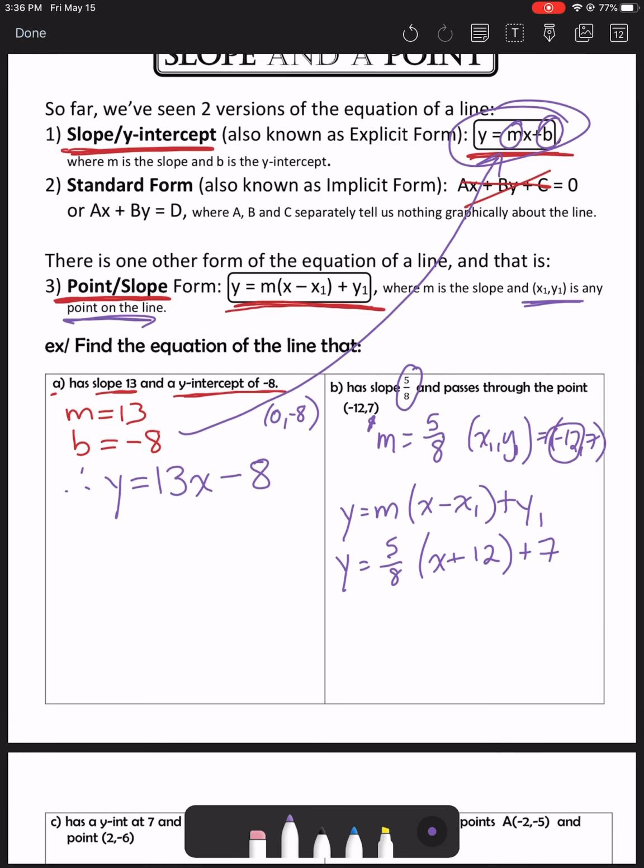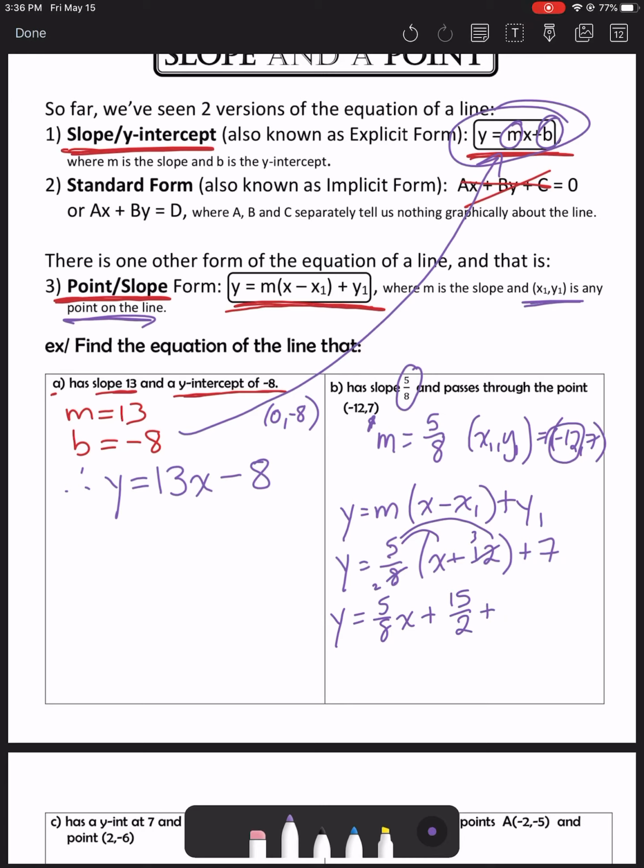And from there, we're just going to expand this out. So y equals 5/8 x, 5/8 times 12. Let's see, the 8 and the 12 will cancel. 4 goes into 8 twice, and 4 goes into 12 3 times. So that's going to be plus 15 halves